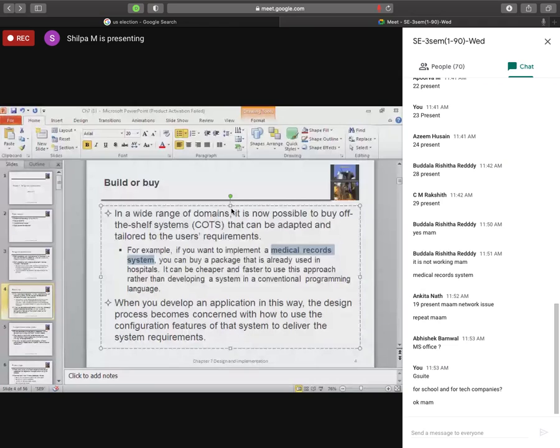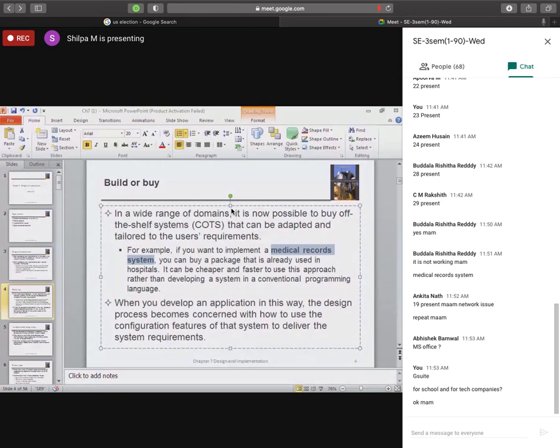But certain applications will be completely different for each customer. Let's take for example, asking for our department website. Here you can say, ma'am, we can buy something also. Yes, that is also available. But let's say something only for our department or only for our faculty. It is developed only for a certain customer, keeping that customer in mind.